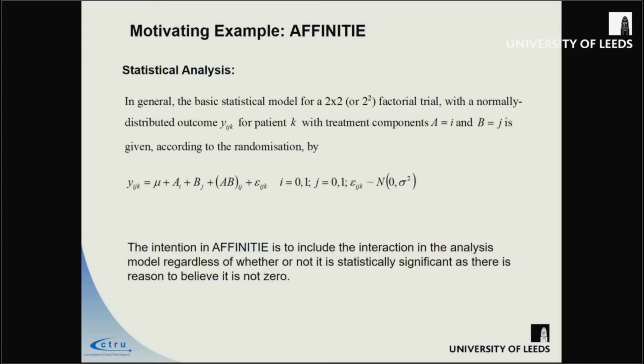What I did decide at this point was that it was nonsensical to do the normal analysis, which basically ignores the interaction, because you've assumed no interaction in the design, and therefore you exclude the interaction from the analysis in a clinical trial. To me that seemed unreasonable, because if I had no power to detect that interaction, but that interaction was sizable, then I would be biasing my main effects if I didn't include it in the model, when I assumed that it was non-zero. So from my point of view, that's where I was. I was thinking I needed to include my interaction in the model, and that's what I decided to do.